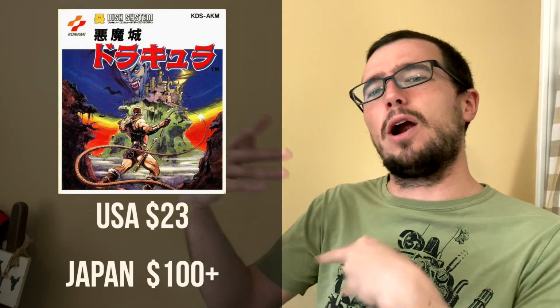Now, the thing about Japan is that the cartridge version came out years later. It was part of this Konami push to re-release some of its Famicom Disk System games as cartridges. This was in the era of the Famicom when the Super Nintendo had already come out, but Konami figured they were just going to come out with cartridge versions of their old games anyway. So this includes